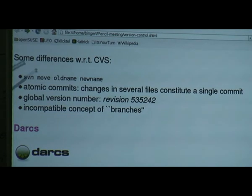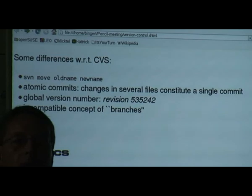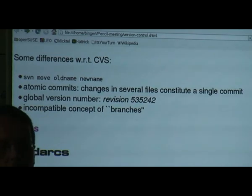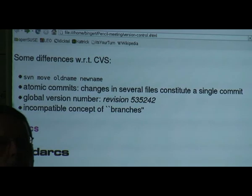Anyway, so you can do subversion move, old file name, new file name, and the file with the new name will have the whole history that it had before it was renamed. That's different from CVS, where you have to remove the old file from the repository, and you have to add the new file, and then you have to figure out